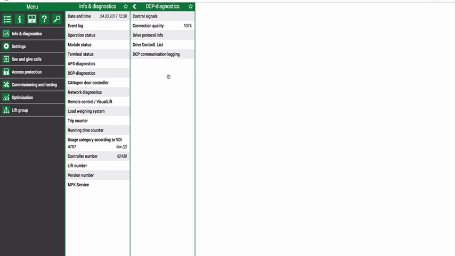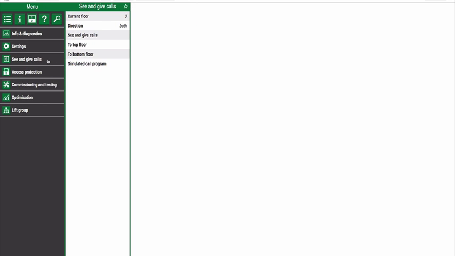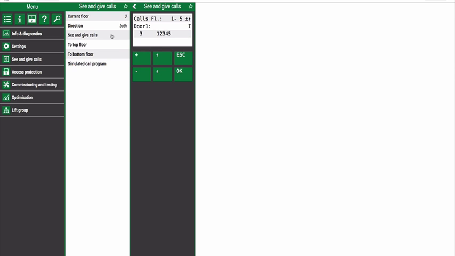And finally I'd like to introduce you to the Give Calls menu. Here you will see 6 submenus. First one being the current floor position, followed by the direction the lift is travelling, if it is available to travel. The Give Calls menu program. Clicking on here, you can activate your actual